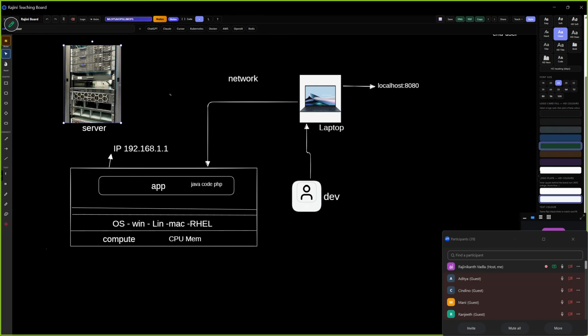That means you no need to worry about CPU, memory, power, the AC, the processor, or the file system. You are not touching those points. Somebody will take care of those points, like AWS cloud, Azure cloud, IBM cloud.